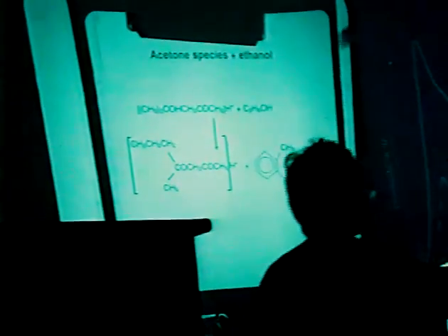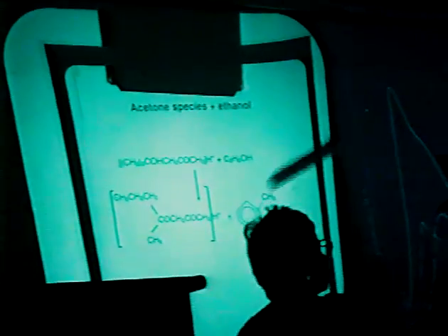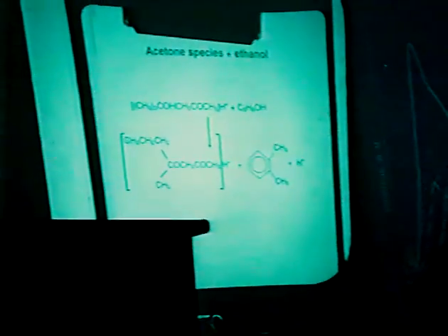And we assume, in analogy with the experiments with methanol, that the condensed species, either diacetone alcohol or mesityl oxide, is alkylated by ethanol, and then this species is very easily aromatized. We don't know whether it is xylene or ethylbenzene. We only know that it is some C8 aromatic.